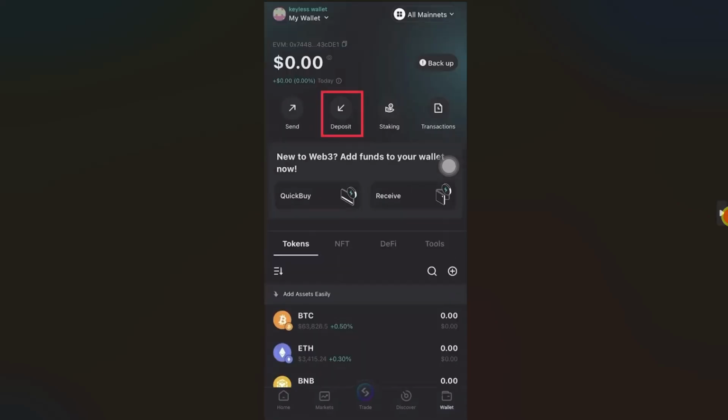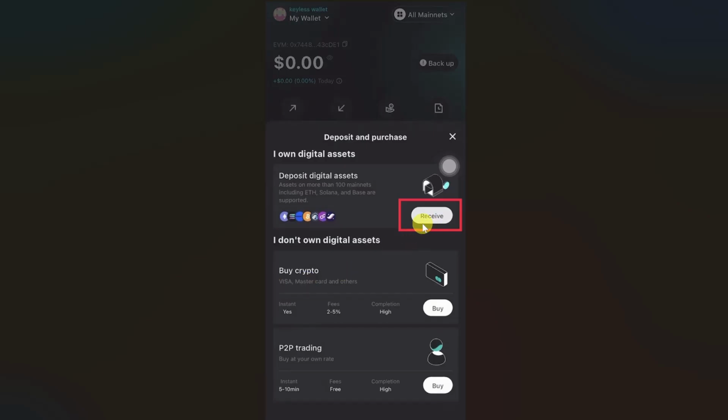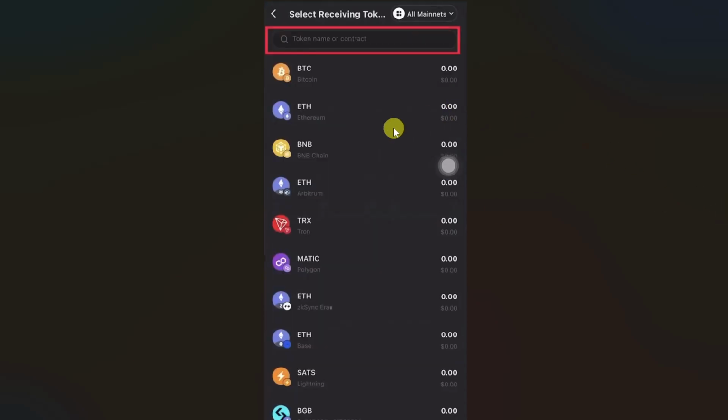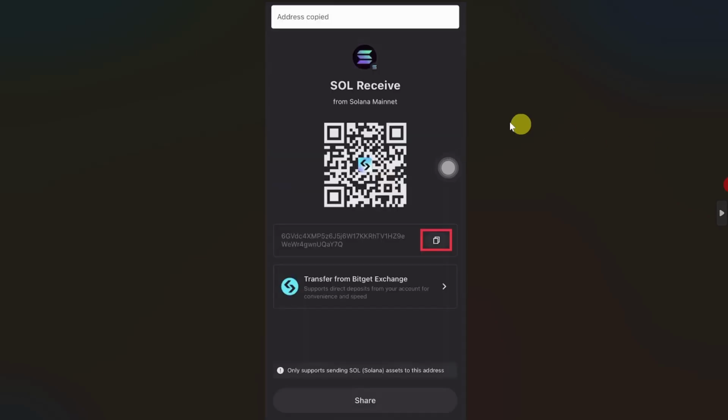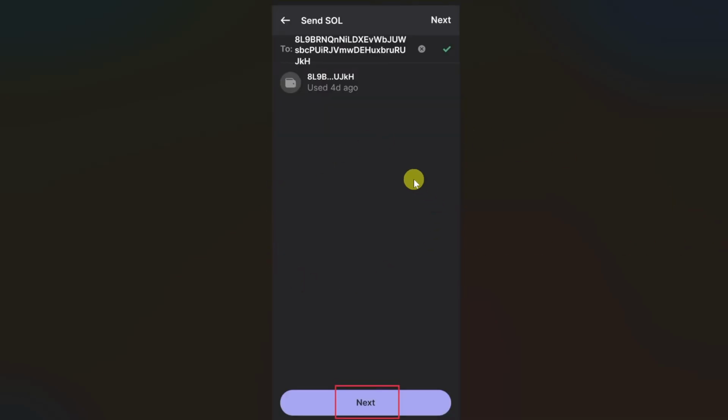of your screen. Then from this screen click on deposit, and from this window you have to click on receive, and then in this search bar you have to search for Solana, and then simply select Solana from search results, and then you will be able to get your wallet address. So just click on this copy button right next to your address, and then go back to your Phantom wallet